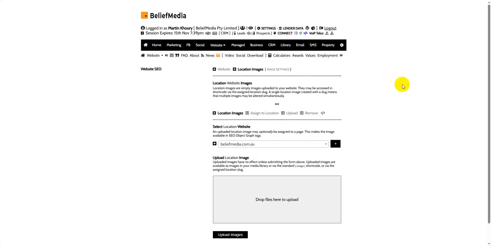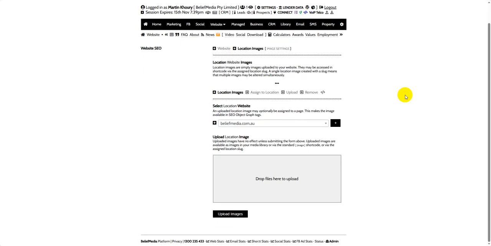This particular feature utilizes the image shortcode. Now, we've created a large number of videos recently that talk about the image shortcode. With the image shortcode, you can render images really nicely on your website. It's an alternative to using straight HTML. We don't like fixed HTML on your website for assets that need to be dynamic or have certain aspects of them which may change in the future. We've used it for